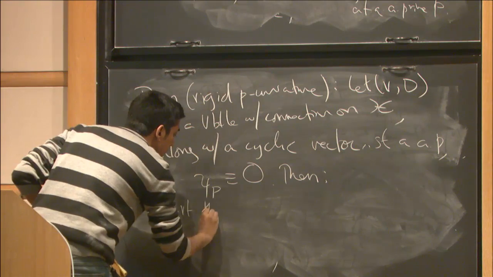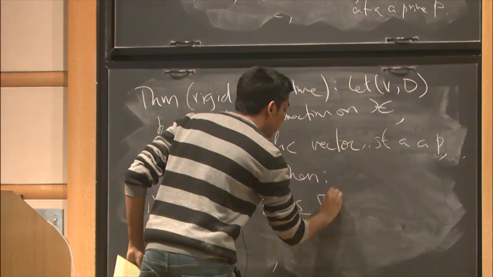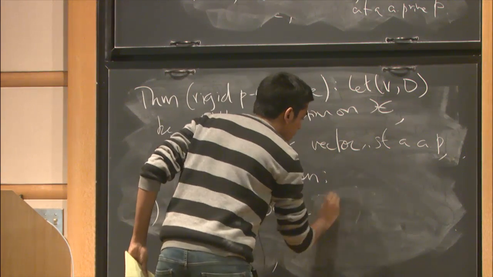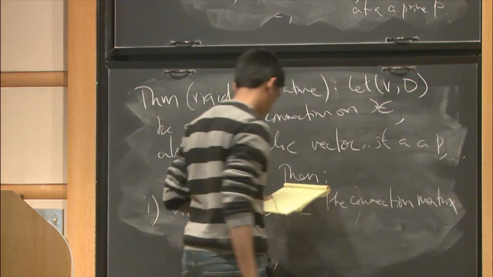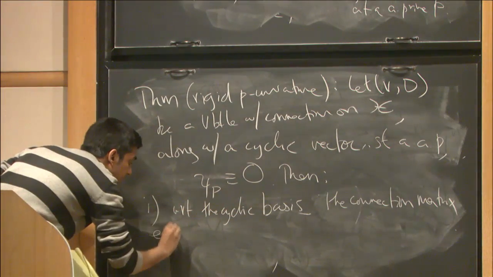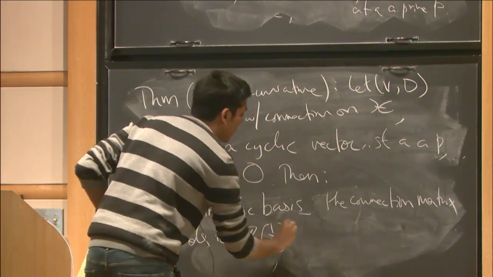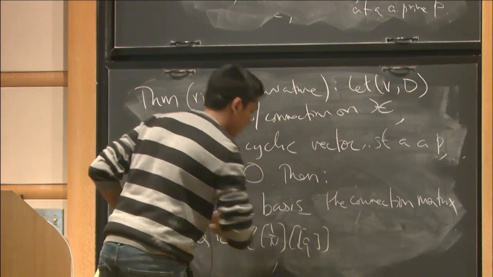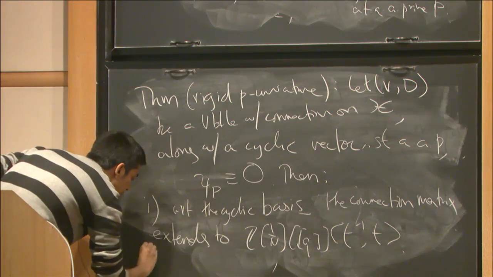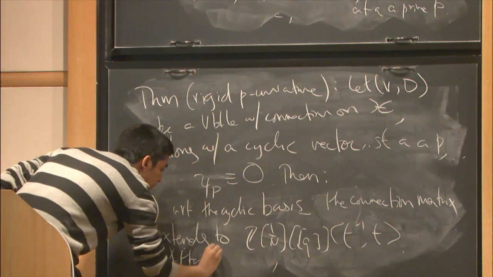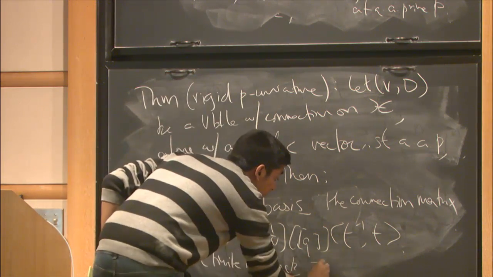So with respect to the cyclic basis, the connection matrix extends or has entries in Z[1/n] power series in q, no longer Laurent series, and then after finite pullback, you have a full set of solutions,